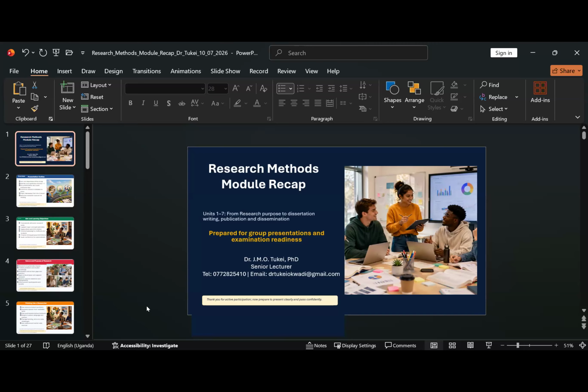For example, I have a colleague who did, I think 2 years back, a research about data transformation, and currently there are public institutions like NIRA and Uganda Revenue Authority who have revisited his research, and they are considering employing him because of the topic, given the fact that NIRA would like to have their data synchronized with Revenue Authority by having the NIN number align with a TIN number from URA.